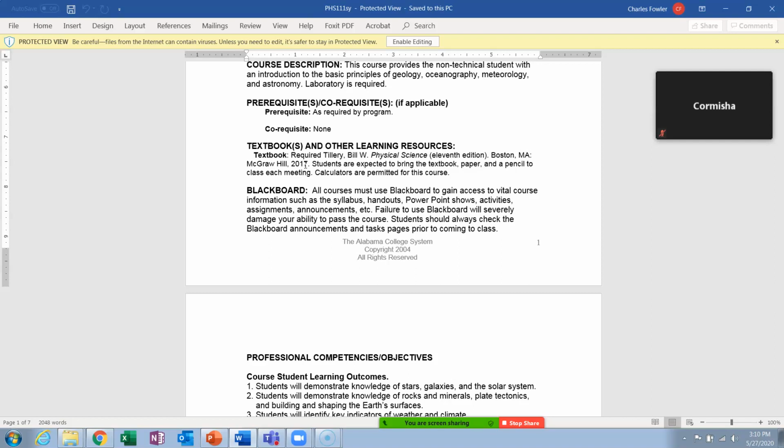So if you can get your paws on a text, find somebody that had it last term. If they are stuck with a book, they may give it to you or sell it to you really cheap. See if you can ask around and see anyone who's had the course before. If they still have a book, get one. They're used books, they're rented books, they're all fairly cheap. There's these places you can go. I can't think, there's one called Chegg or something like that, that you can rent books from or get used books. There's ways to find them.